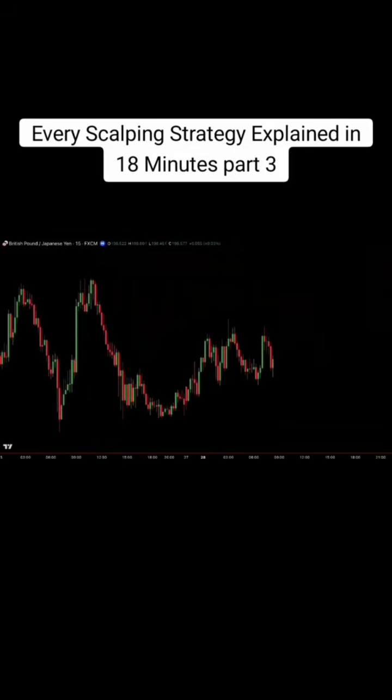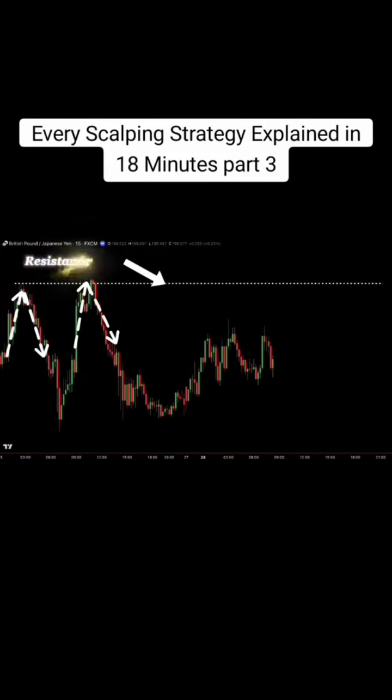Now let's look at a bearish example. Price hits this level and reverses. It hits it again and reverses again. That forms a clear resistance level. Now price approaches the level once